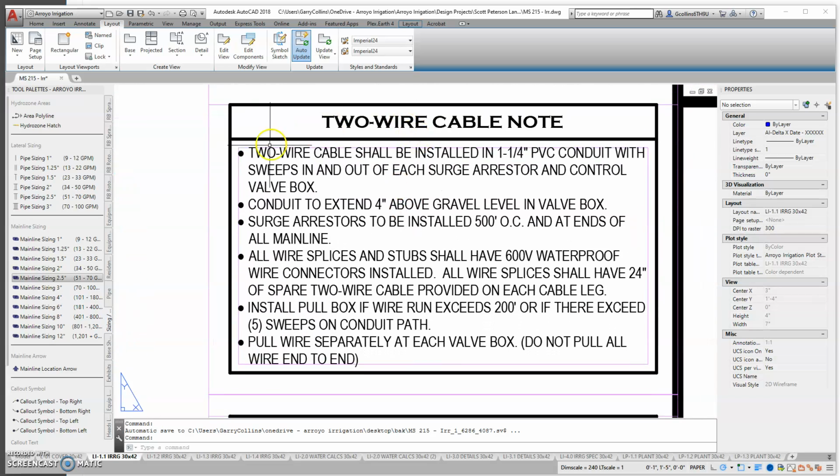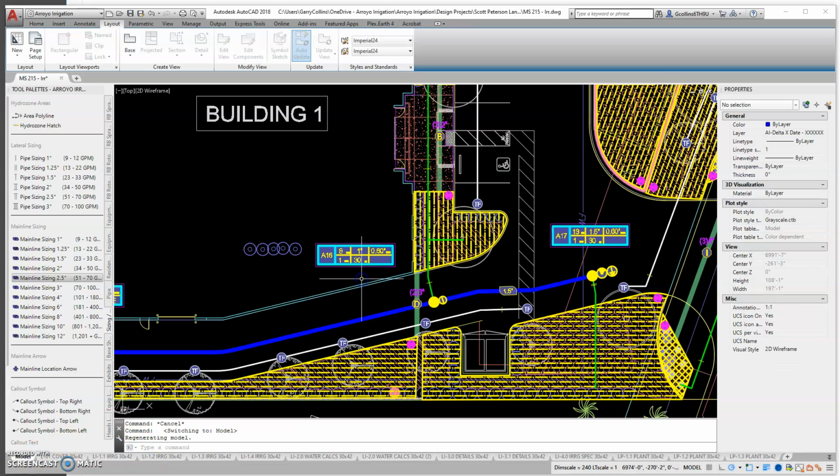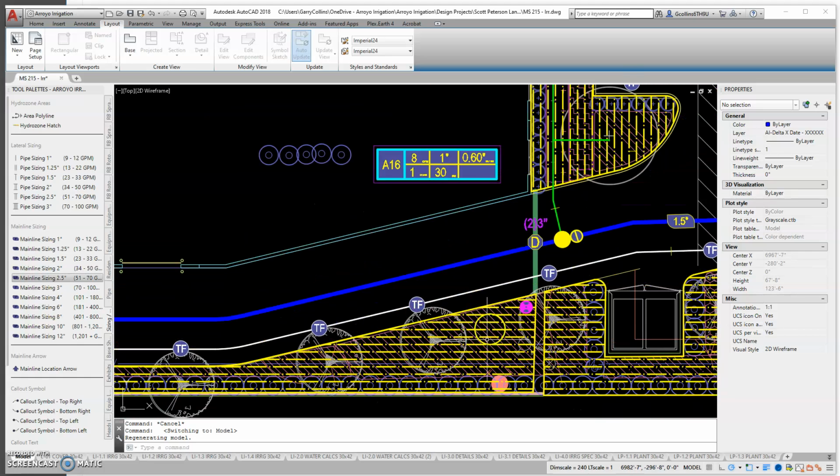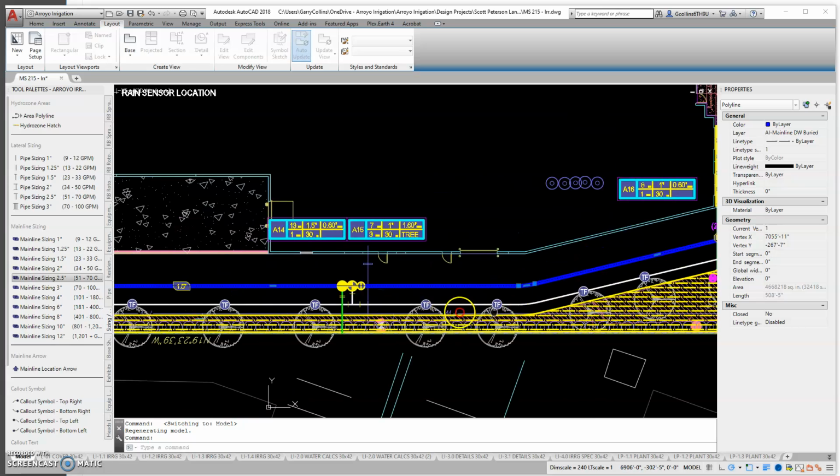And then this is a 2-wire job, so some additional notes for them. And then some location, because our plans are diagrammatic. We don't actually show most of the irrigation where it goes. For example, when we go back here, as you can see, we show, for clarity, the main line